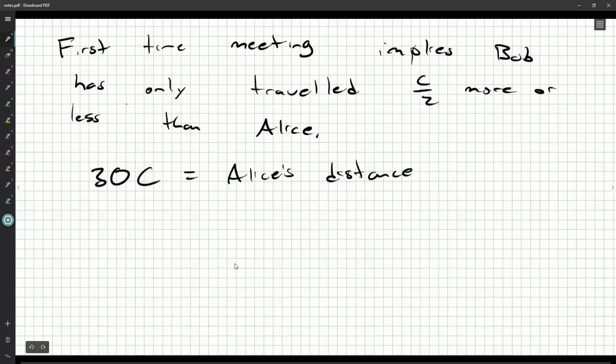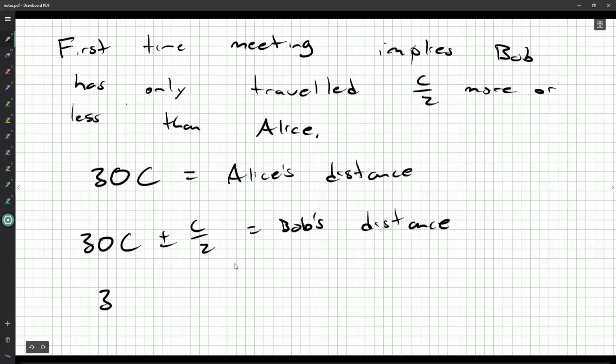And Bob has gone 30c plus or minus c over 2. Okay. But they've done this in the same time. So, let's say 30t equals the time,